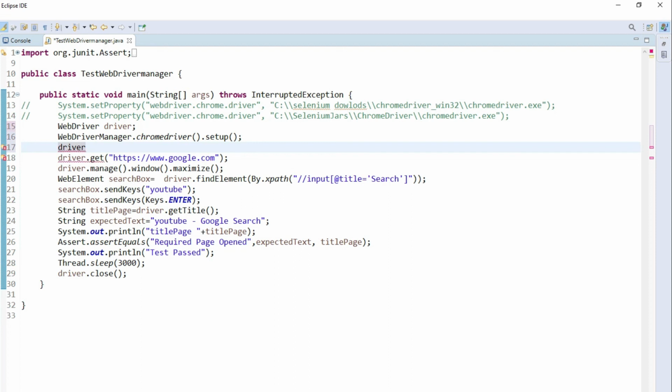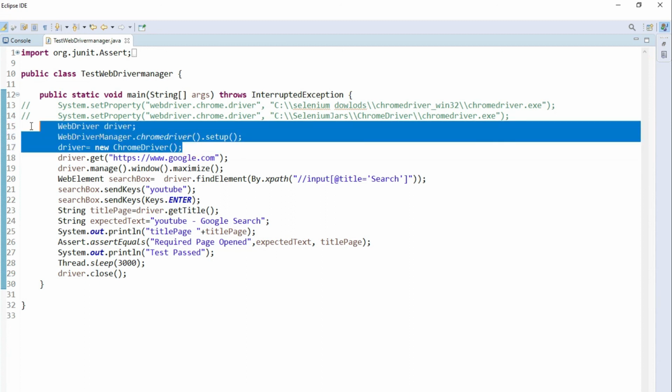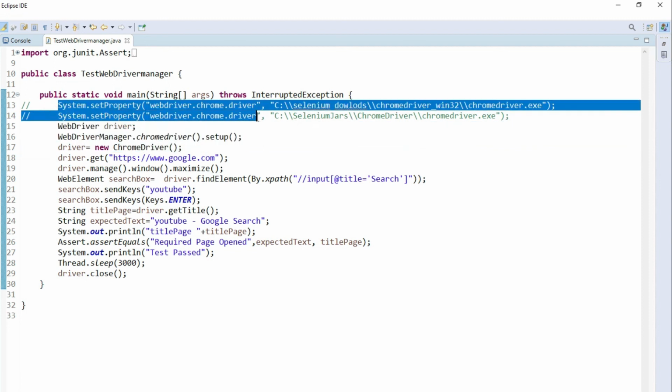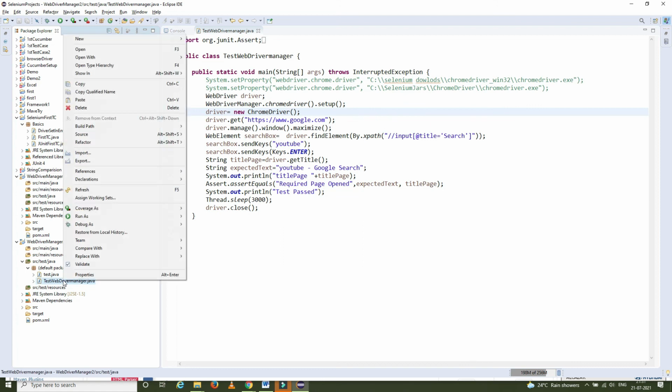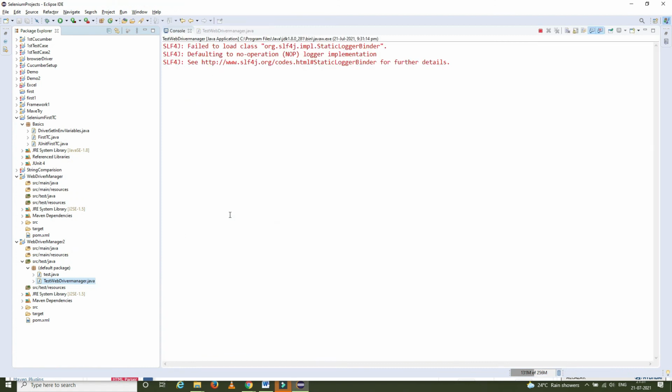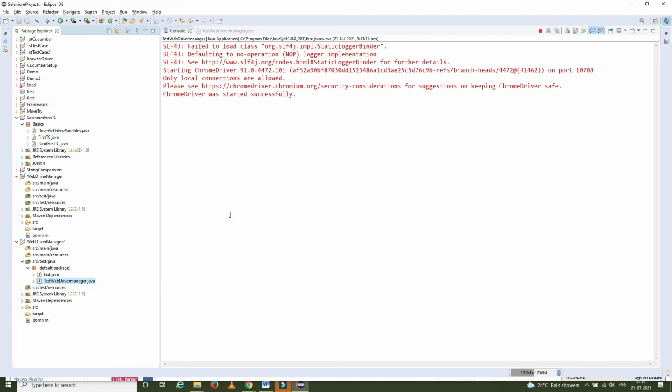We will do the same process through WebDriver Manager. I'll write WebDriverManager.chromedriver().setup(), which will take care of all the setup. Then I will instantiate the WebDriver. These highlighted three lines are all the changes that we need to make in our program. Now we are ready to run the program without worrying about the browser version available in our machine and the driver version we need to download for it.